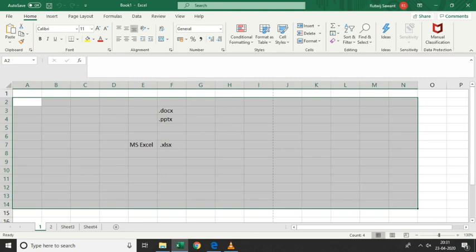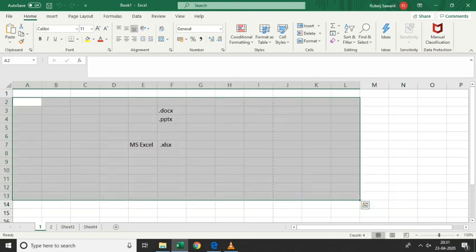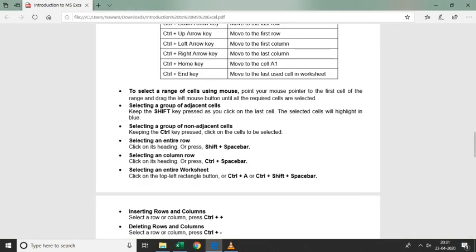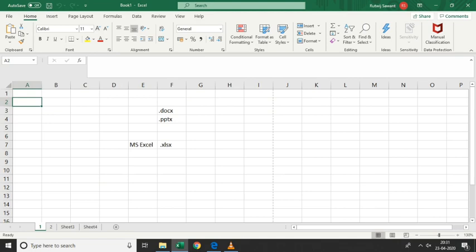You can also use the keyboard, without using a mouse, to select. What you can do is press the Shift key on your keyboard and press the arrow key. I am pressing my right arrow key, so it's selecting the right cell.